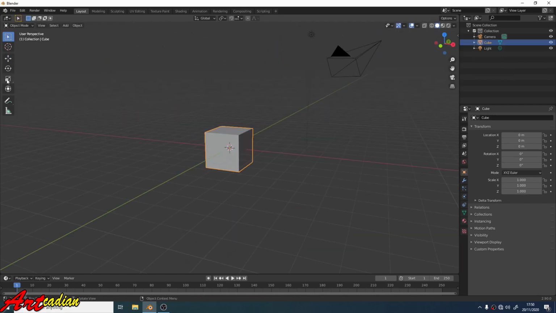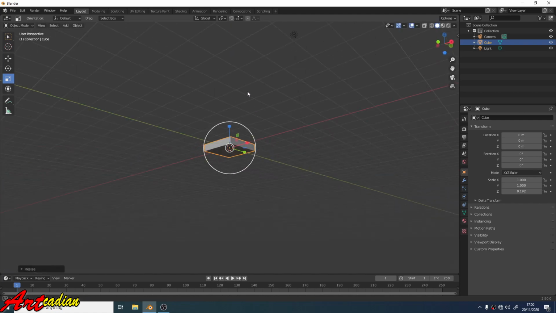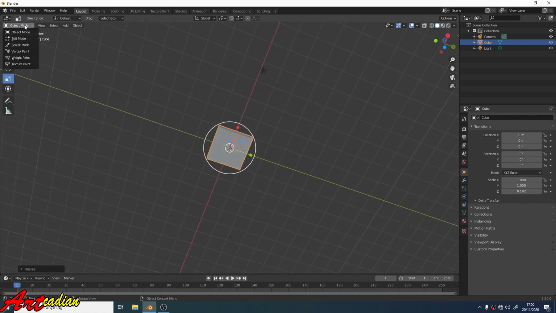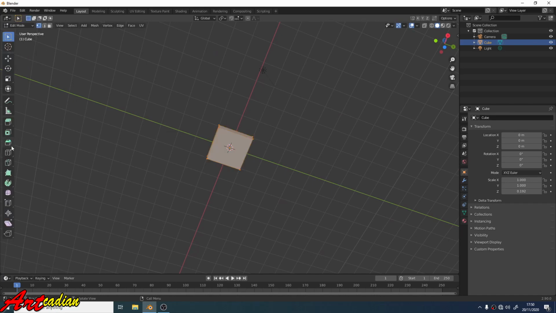Let's see. Scale the Z-axis. Switch to Edit mode. Then click the loop cut icon, then click the box, and drag it like this. Do the same on the other side.